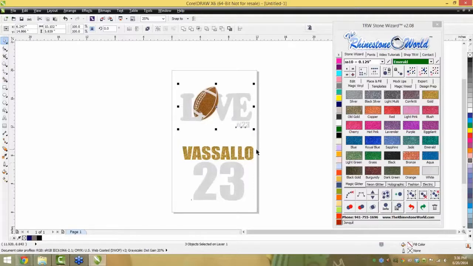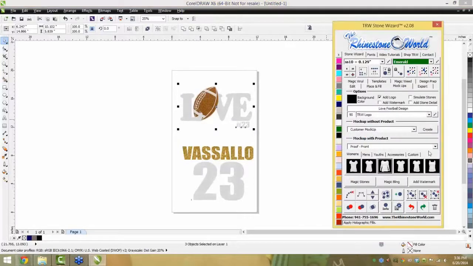I'm in the workspace. I highlighted the front design. I'm going to come over here to my mockups again. This time I'm going to do a front and back. So front and back. Let's do the long sleeve again. Sure, why not? Front and back long sleeve. So I had the Love selected. I'm telling the program, hey,